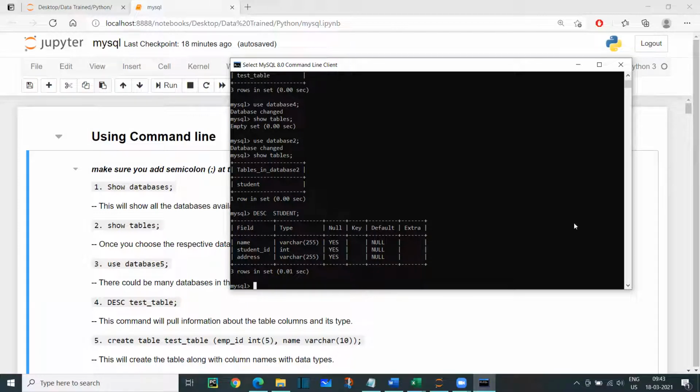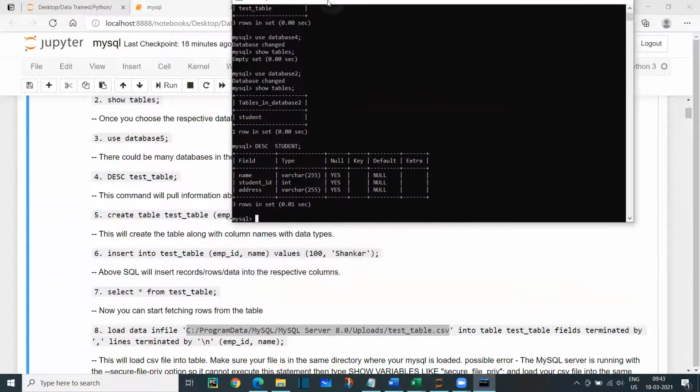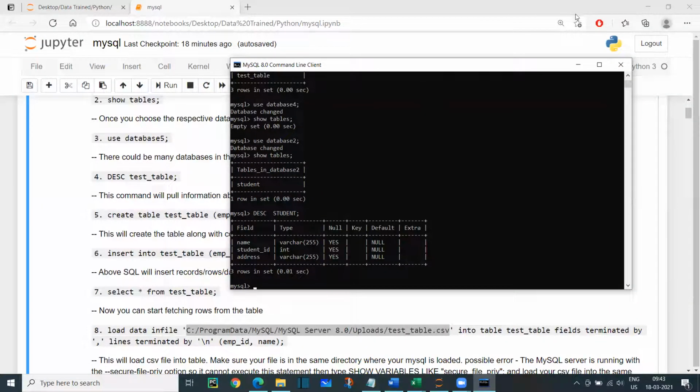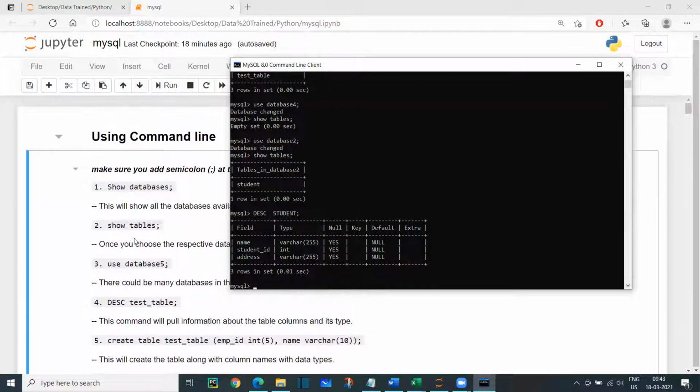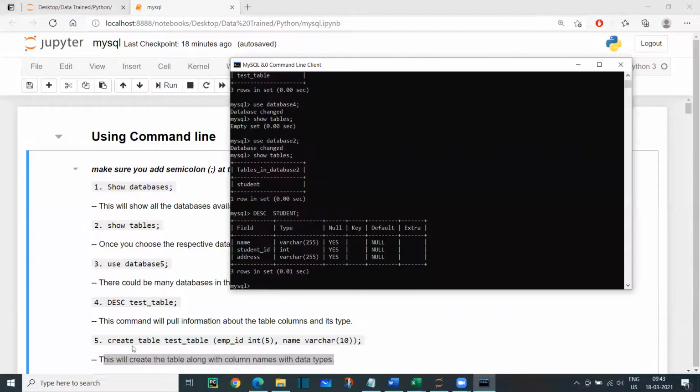All right. So how to create a table inside the database? Now, what I'm going to do, give me a second. I don't want to mess up here. Okay. So the description you can see, this will create the table along with column names with data types. It means that I say create, let me start writing, create,